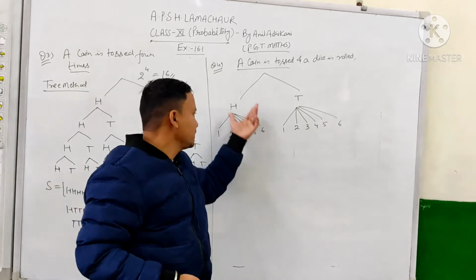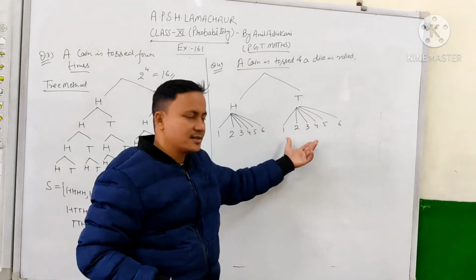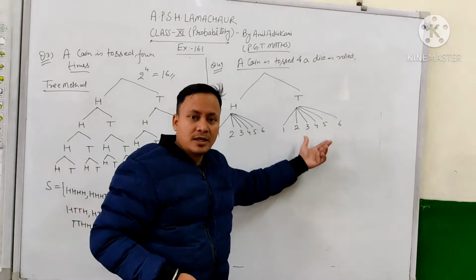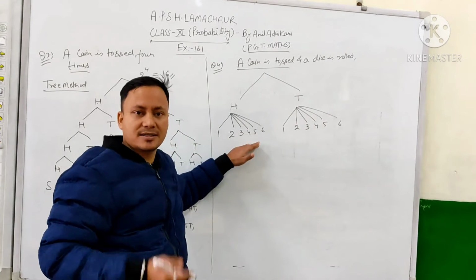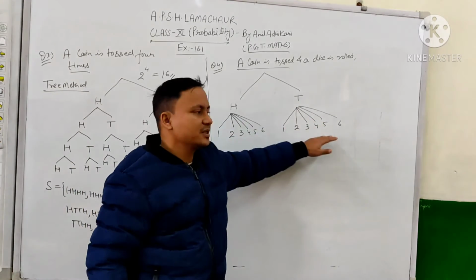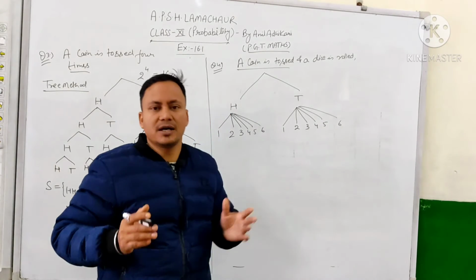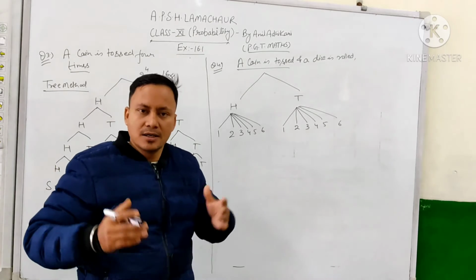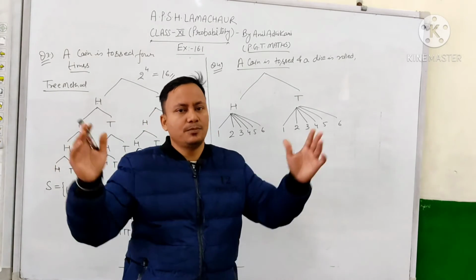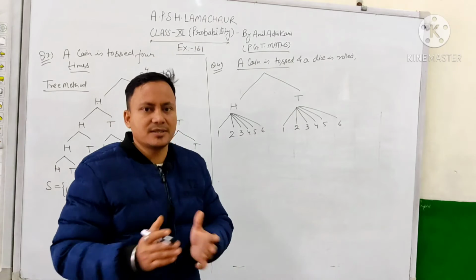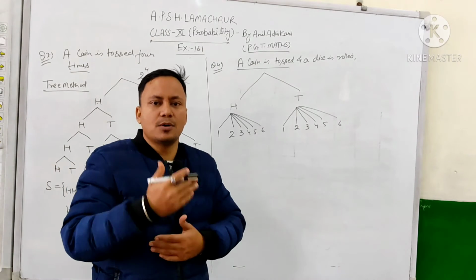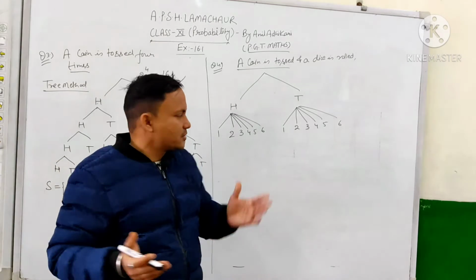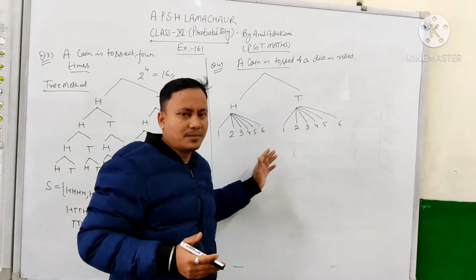So both cases will be added with the head, and both cases the 6 cases will be either associated with the tail. हेड के साथ भी 6 केसेस की पॉसिबिलिटीज है और टेल के साथ भी 6 केसेस की पॉसिबिलिटीज है. एक्चुअली वी आर मेकिंग हियर सैंपल स्पेस, एंड एज आई टोल्ड यू इन माय अर्लियर वीडियोज, सैंपल स्पेस इज द सेट ऑफ ऑल पॉसिबल आउटकम्स. जितनी भी पॉसिबिलिटीज हैं किसी एक्सपेरिमेंट के परफॉर्म होने के बाद, जितनी भी पॉसिबिलिटीज हैं आउटकम्स के आने की, वो सब का कलेक्शन सैंपल स्पेस बोला जाता है.